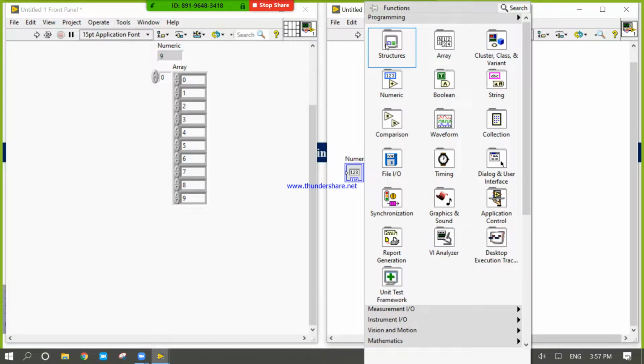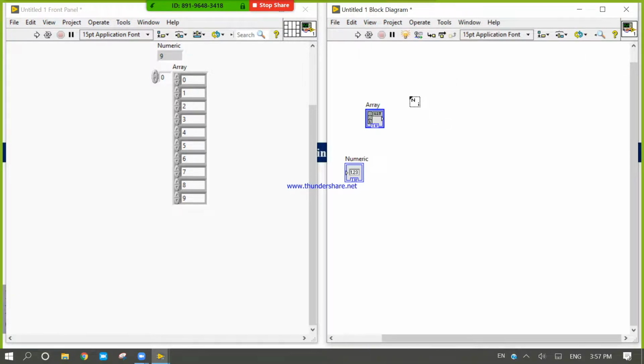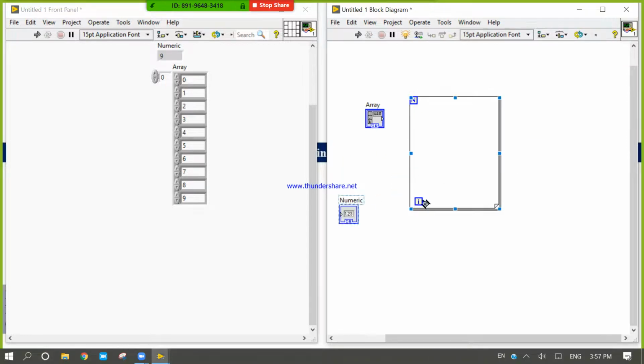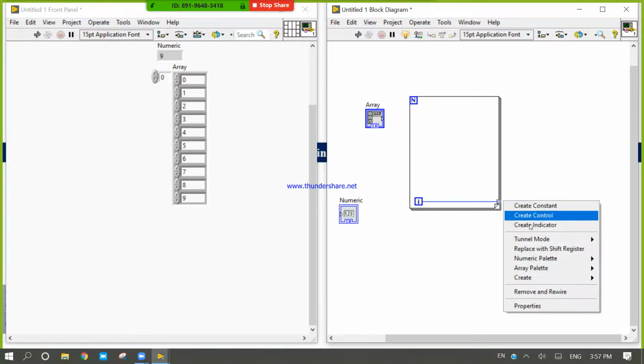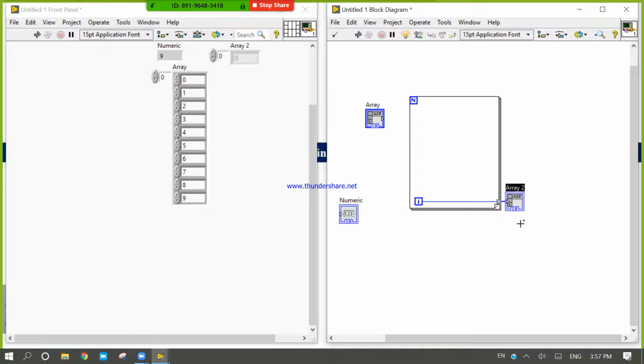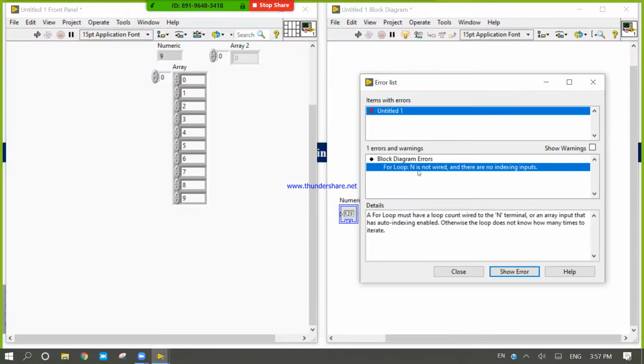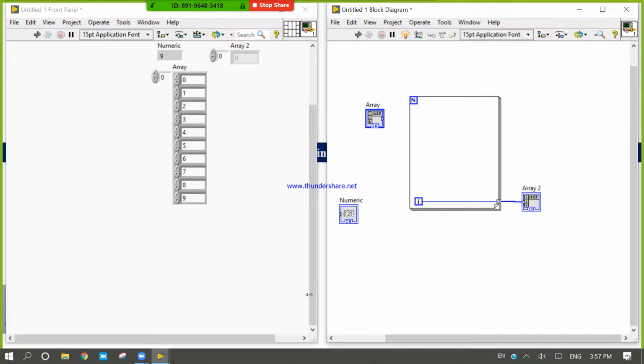So in the previous example you have seen that by using a for loop we can generate one array. If I run this loop, I will definitely get an error because the end terminal of this for loop is not connected.